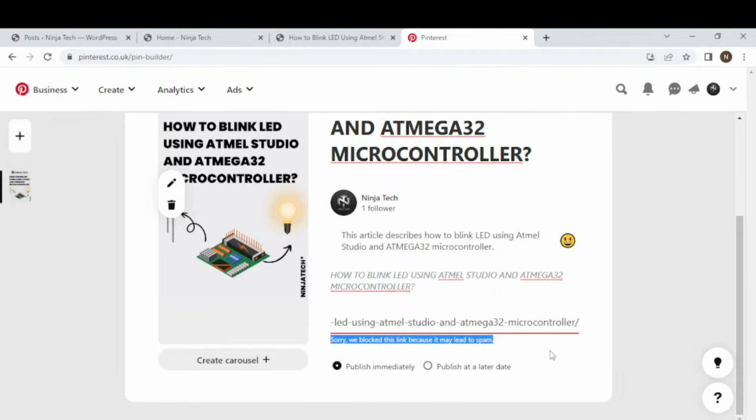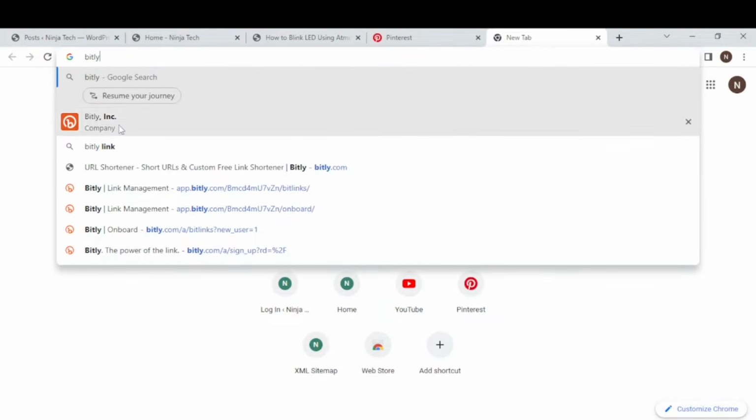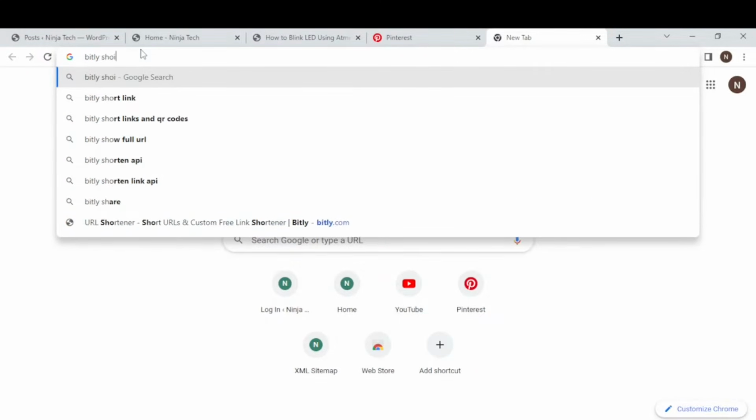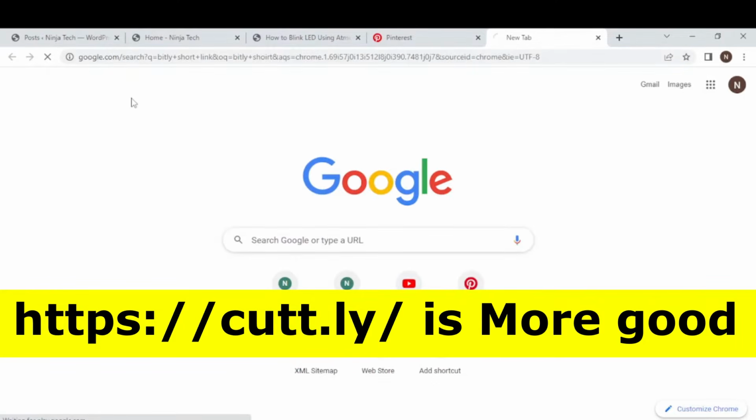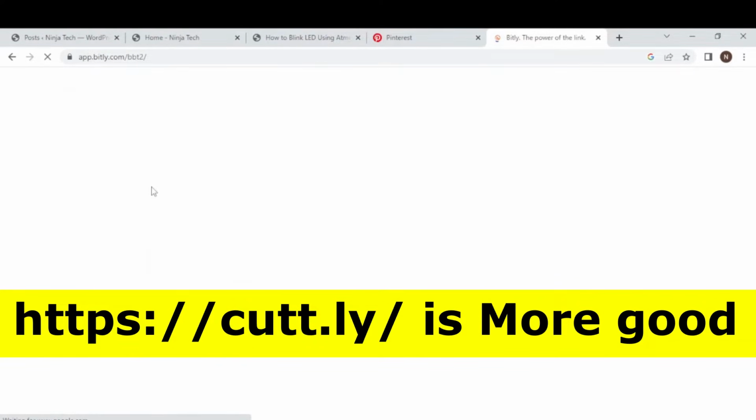This is because my link is very lengthy. It doesn't mean that your blog contains some spam links or some spam data. Now we will shorten the link by going to bit.ly. This is the website bit.ly. Click on this, sign up,